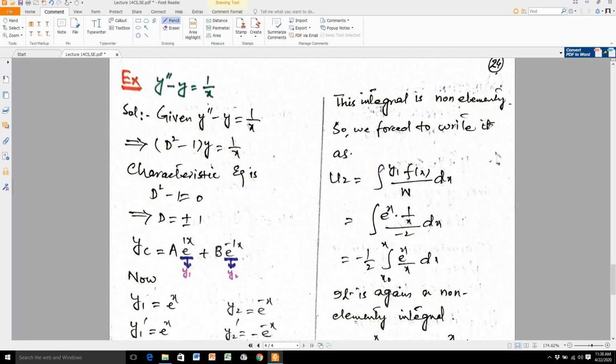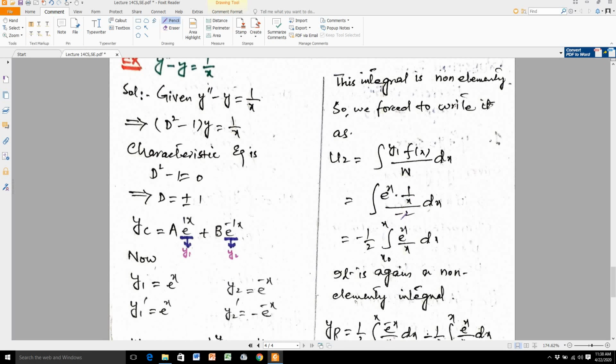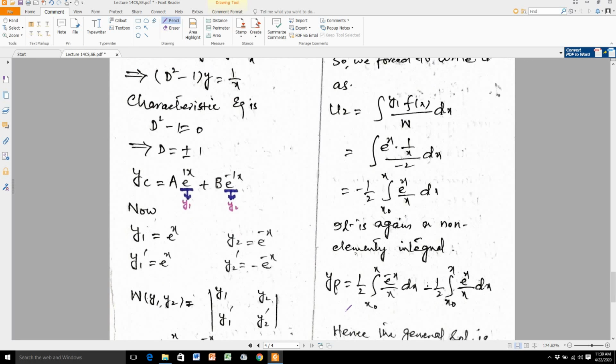Similarly, when you find u2, that is the integral of y1 f of x divided by W, you substitute the values of y1, f of x and W here, you get e raised to the power x times 1 over x divided by minus 2. When I simplify this, it is equal to minus 1 by 2 e raised to the power x divided by x. Again we have a non-elementary integral here, so we write it from x naught to x. yp is equal to 1 by 2 here, and then